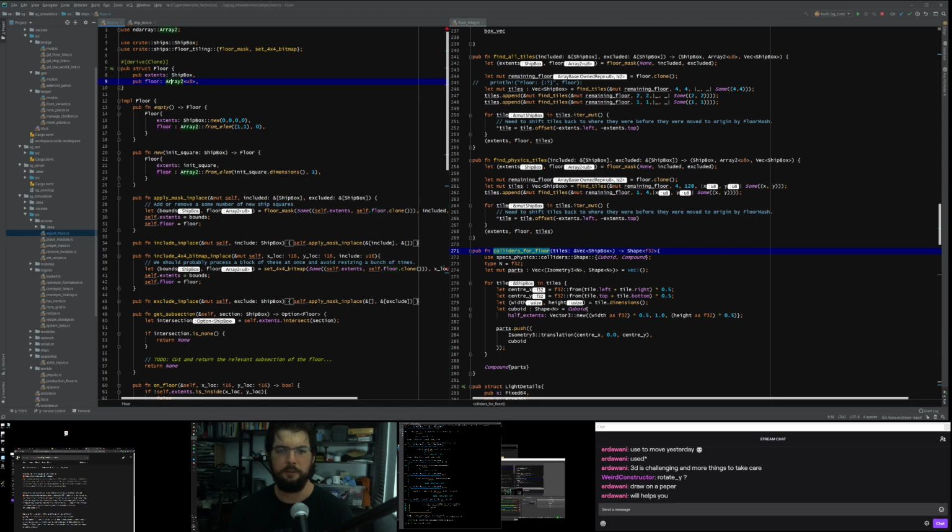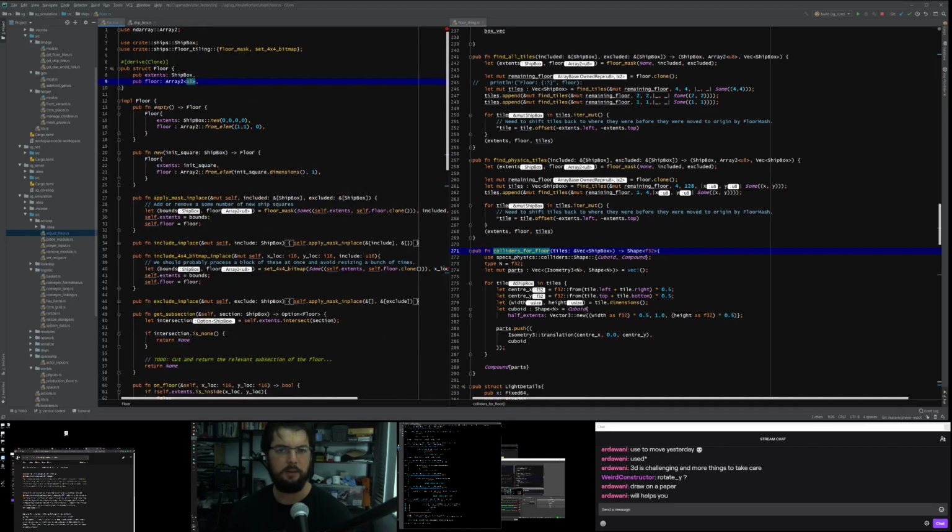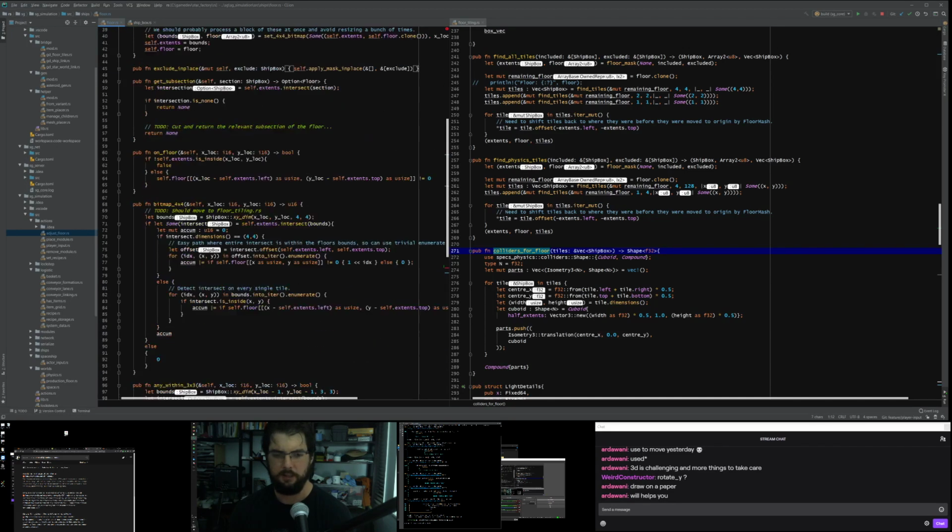This array 2 is like a giant grid, and in that array I paint in a value for his floor there. I'm pretty sure I'm just using 0 and 1 at the moment, but I'm thinking that down the track I might want to put different things in those arrays, or I might want to simplify it to being a Boolean array, which might somehow improve performance, but at the moment it's just an array of bytes using the NDArray library for that.